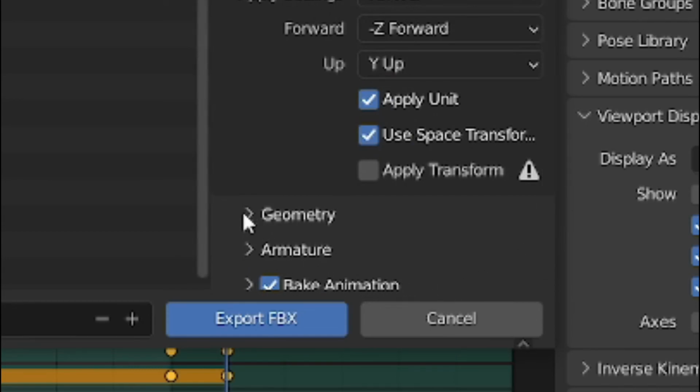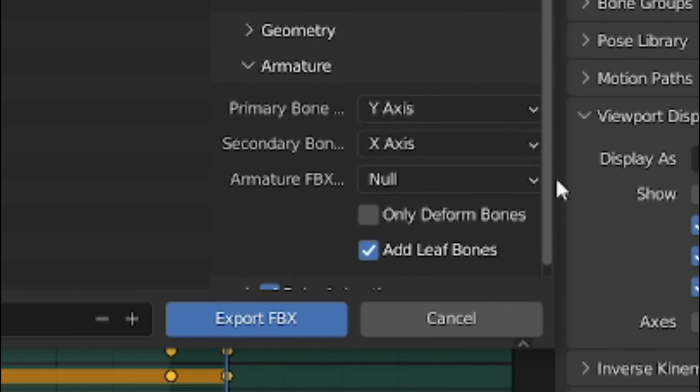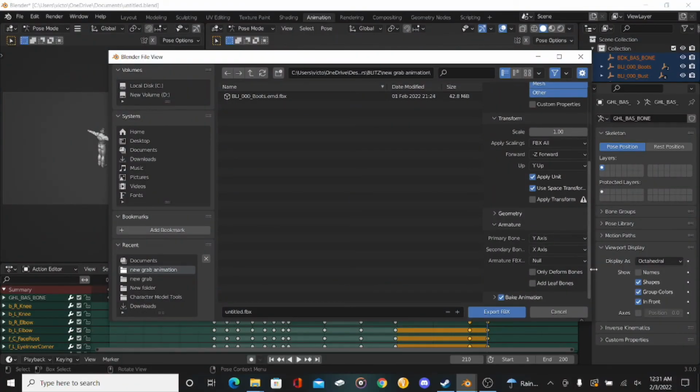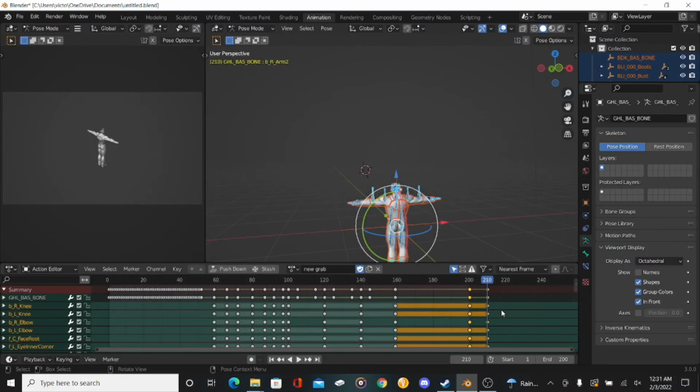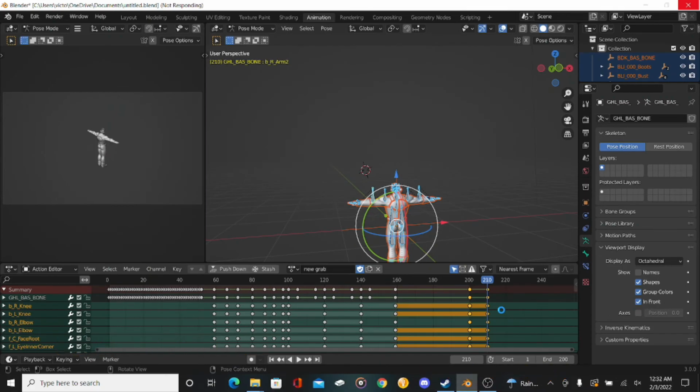Before you fully go on exporting it, I'm gonna need you to slow down, because there are a couple of settings you're gonna want to have before you fully export it. You're gonna want to click Selected Objects, and then click on FBX All. You're also gonna want to go right under Armature where it says Add Leaf Bones. You're gonna uncheck that. And then from there, you're ready to export.